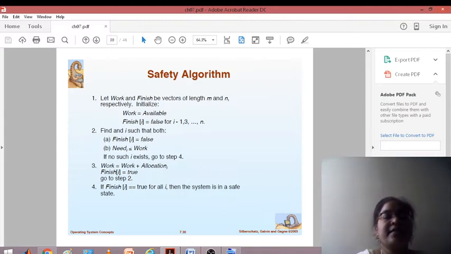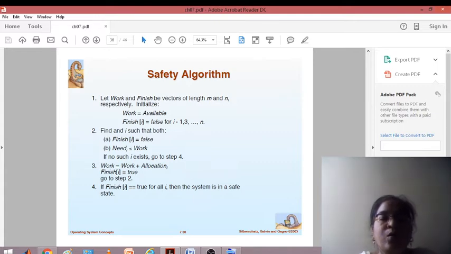Suppose you have P1, P2, P3, P4; among them pick a process whose finish of i is false. Initially all processes have finish of i equal to false. Now among them check for any process whose need is less than or equal to work.